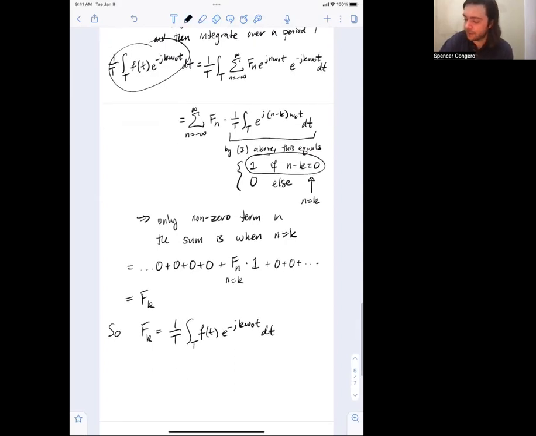And that is how we find, this is the formula to calculate the Fourier series coefficient f sub k of a periodic function